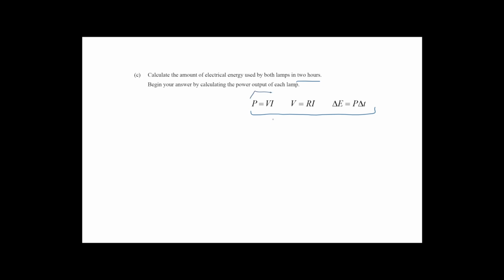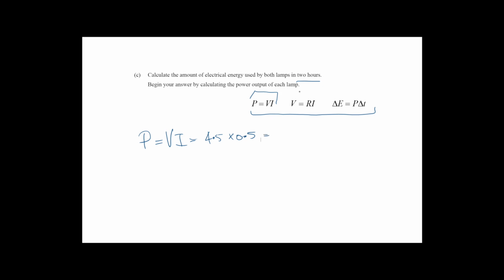So the power output we're going to work out using this. We know what voltage is, we know what current is. So the power output of each lamp is the voltage times the current, and voltage is 4.5, it's in parallel, so they get all the voltage, times 0.5,